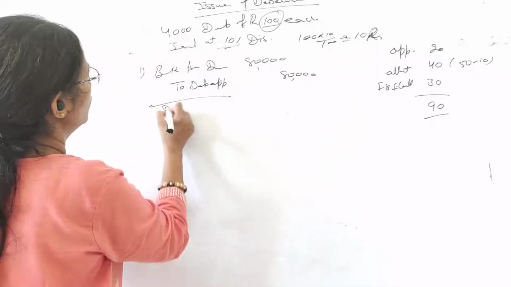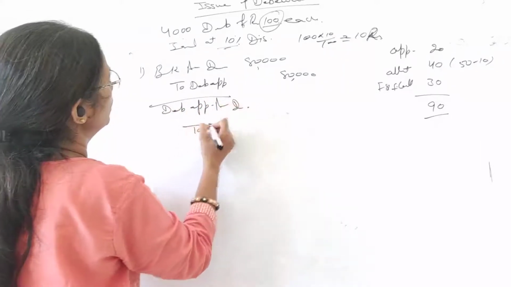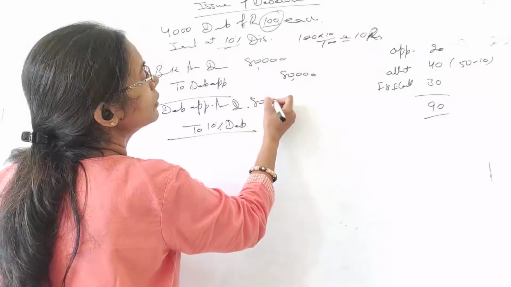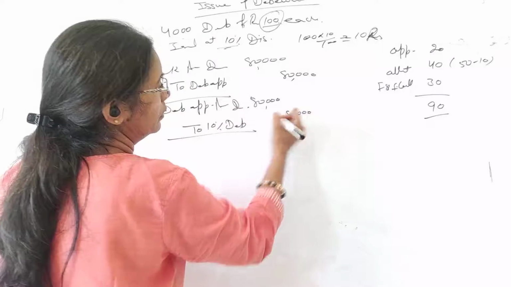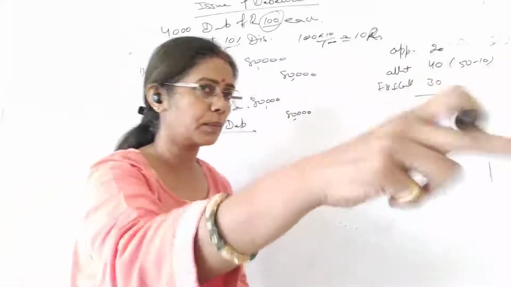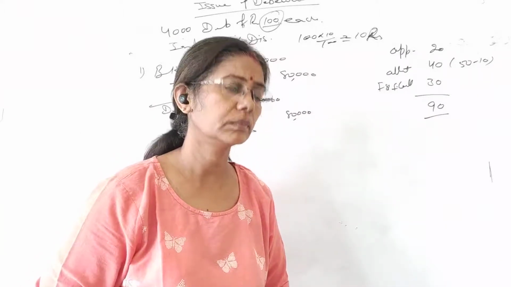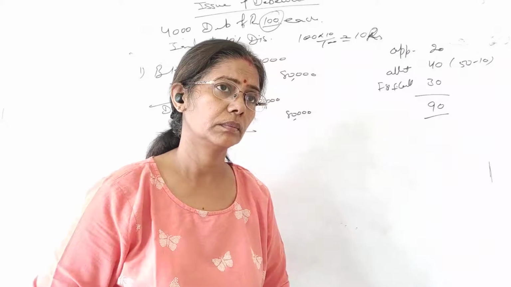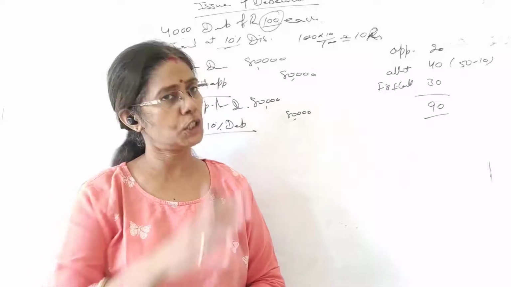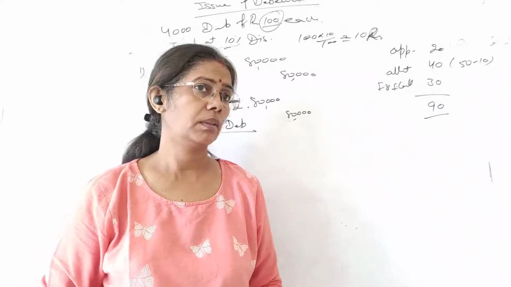Fine. Now debenture application account debit to 10% debenture. All right. इश्यू में 10% डिस्काउंट पे कर रहा है तो एप्लीकेशन पे डिस्काउंट करना चाहिए ना, अलॉटमेंट पे कर रहा है? हटा के बात करो. हाँ, क्या कह रहे हो? ना अगर इश्यू 10% डिस्काउंट पे कर रहा है तो एप्लीकेशन पे डिस्काउंट करना चाहिए ना, अलॉटमेंट पे कर रहा है. What? This is the rule, बेटा. एप्लीकेशन पे क्यों मिलना चाहिए? इश्यू कर रहे हैं 10%.